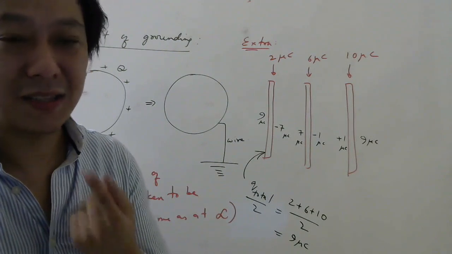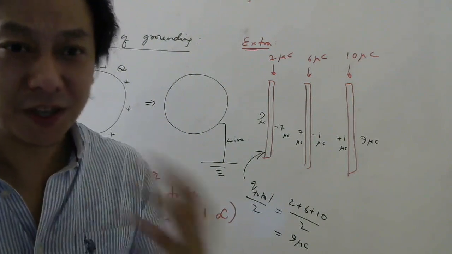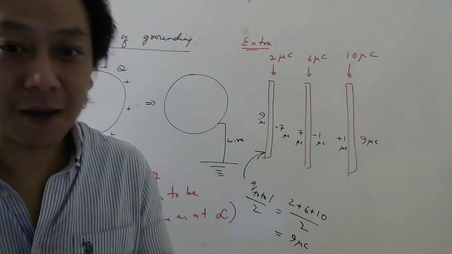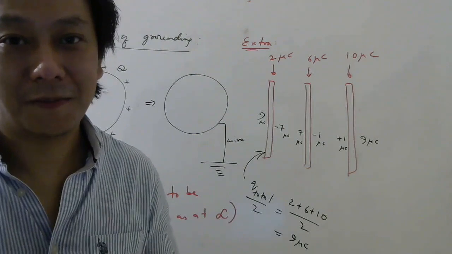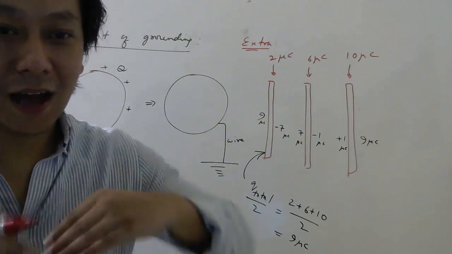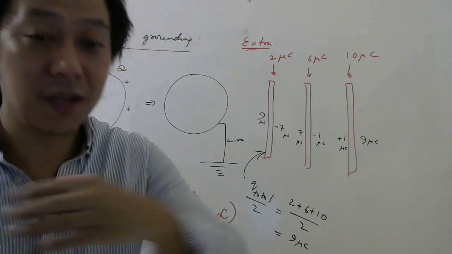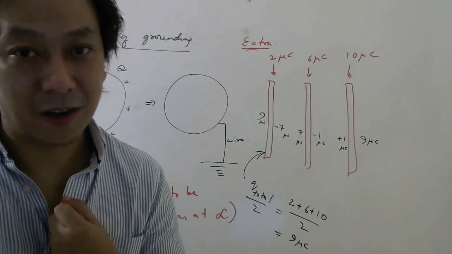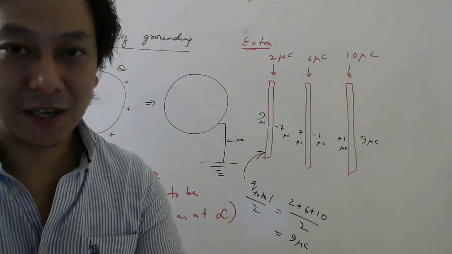And again the point is like this: earth is such a big sphere. The biggest sphere near us is the earth only, right? So you can give it any amount of charge, you can take any amount of charge, and the potential will remain constant. It is like sea level. You put one glass of water, you take one glass of water, the level of the water will remain almost the same. Similarly, ground is such a big sphere that giving some charge to the ground or taking some charge from the ground, I'm talking about normal charges which we deal with in this electrostatics chapter.